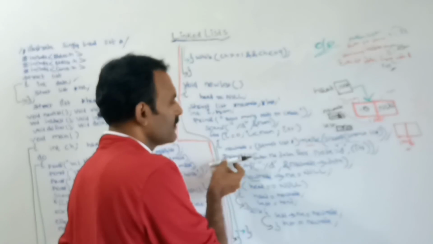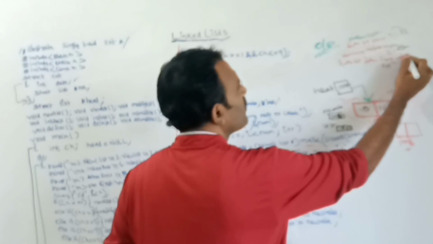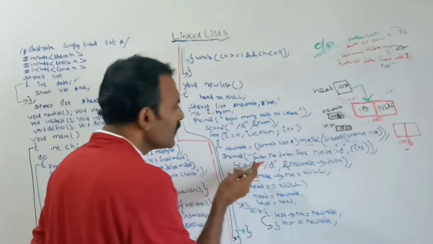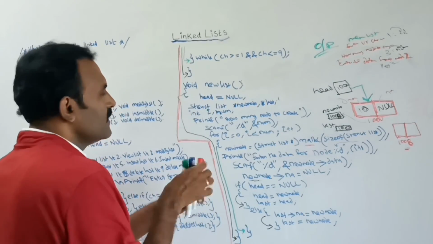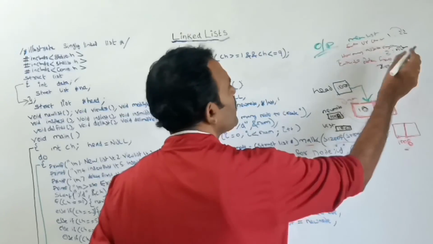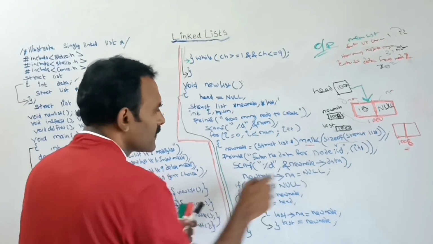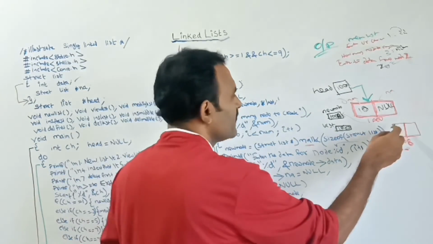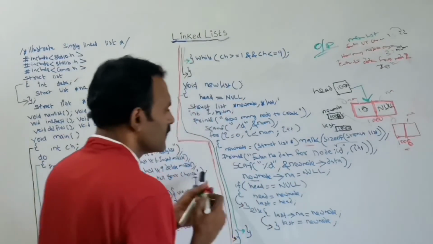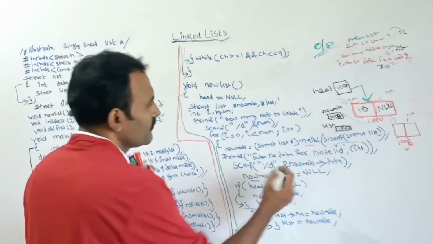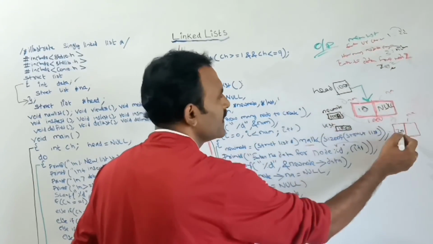Next, here is the message: enter the data for node 2. Next I am giving the input by using the scanf function. Suppose you are giving 20, then the 20 will be stored in the data of new node. So each and every time when we create a node, it has two parts: first the data part, second the next address part. Here, in the data part of 1008, the 20 which I had given will be stored.